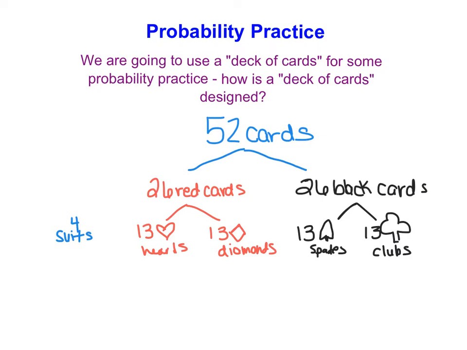So we have 52 cards. They then split in half, with half of them, 26, being red, and half, 26, being black. And then within each of those colors, we have 2 different suits. We have 13 hearts, 13 diamonds, 13 spades, and 13 clubs. Then each suit